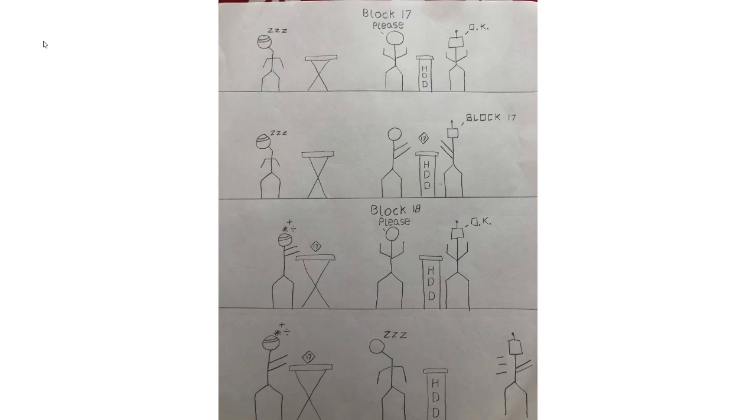One is a cool little thread with a headband, and we've got our original main thread. It asks for block 17, and as soon as it gets block 17, it passes it over to our friend and immediately asks for block 18. This way, the robot is kept busy. At no point is he really sleeping or idling because the thread on the left is doing all the calculation. And so we were able to get our maximum time here, and everything was working great,